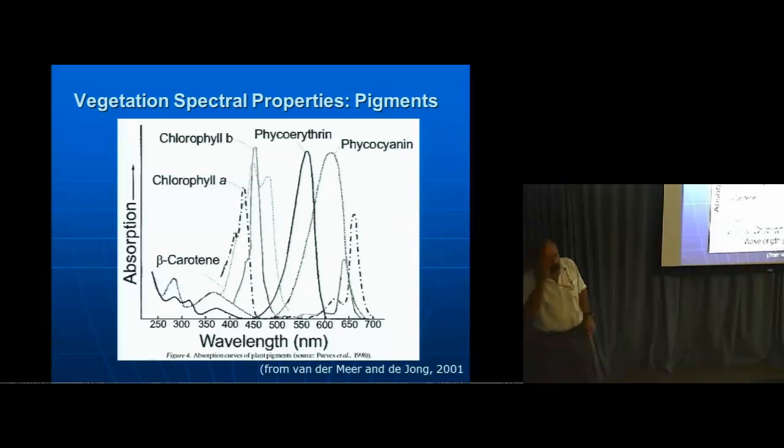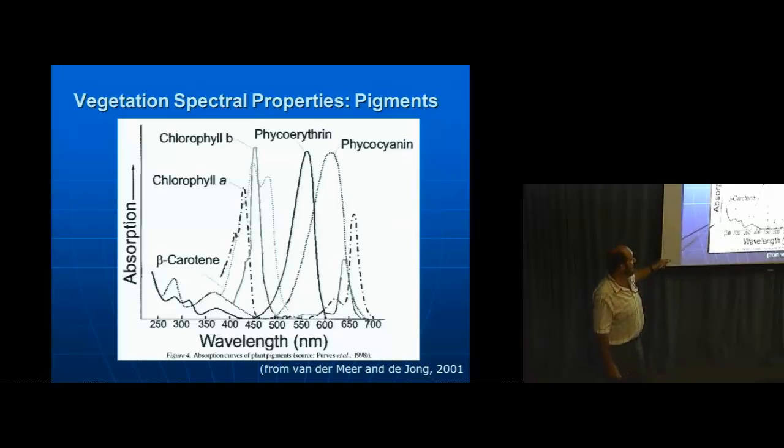Here's an example from that book showing some of the pigments, and these are actually absorption. These are flipped compared to what we're used to looking at, because they're measured in a different way. So where there's a peak here, this would be an absorption feature in a reflectance spectrum, because these are measured in absorption rather than reflectance. So the main ones that we see in green plants are the chlorophyll A,